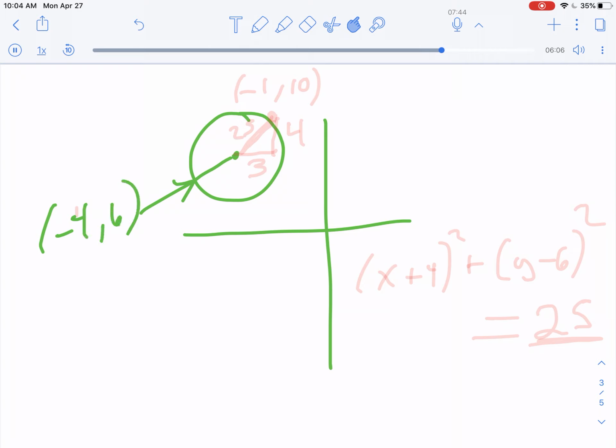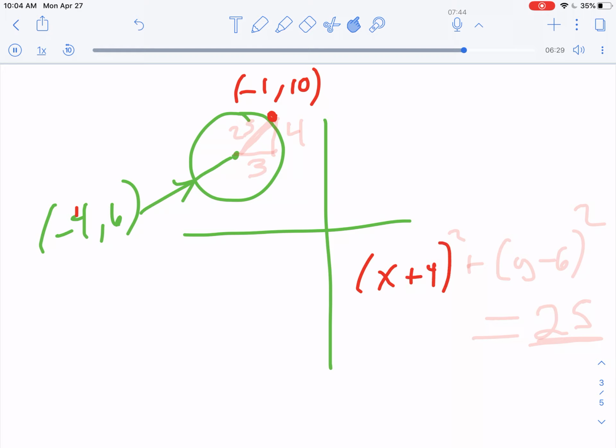And a point on the circle, change colors, up here is (1, 10). I'm just making this one up. Find the equation. Well, the first part's easy. Since the center is (-4, 6), that would be x